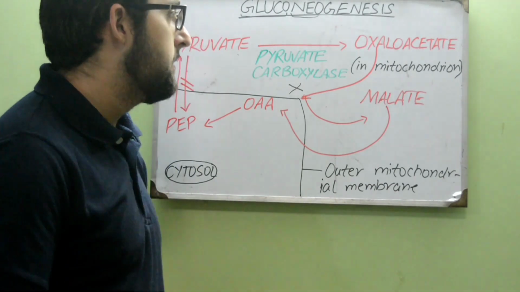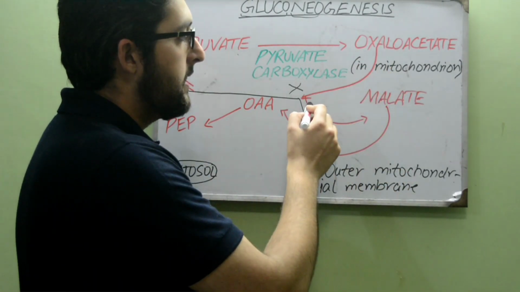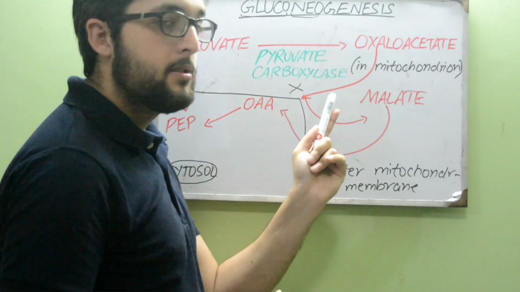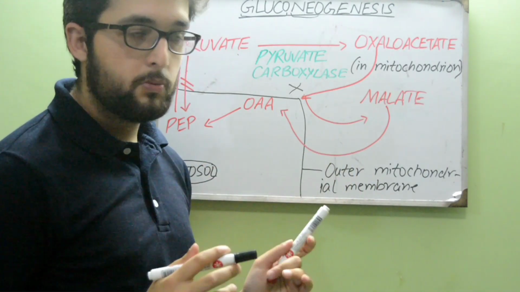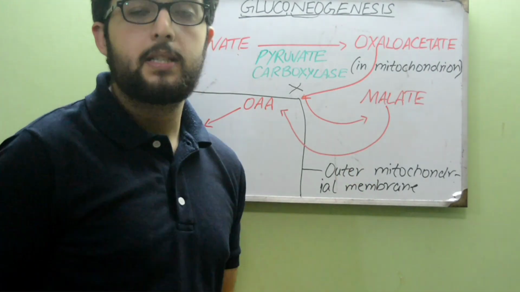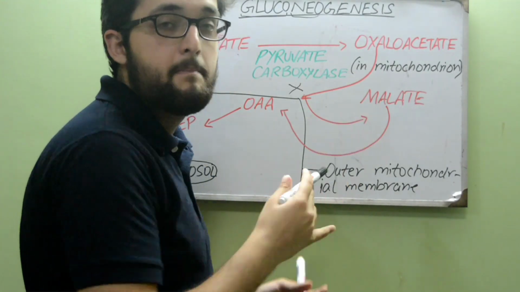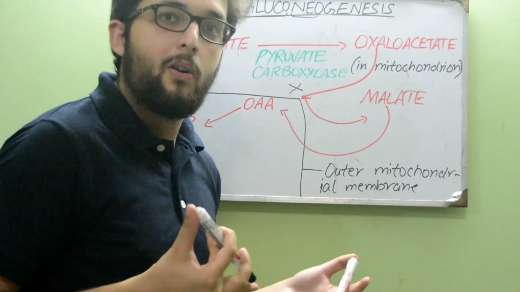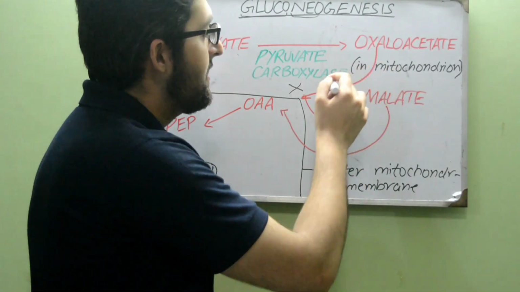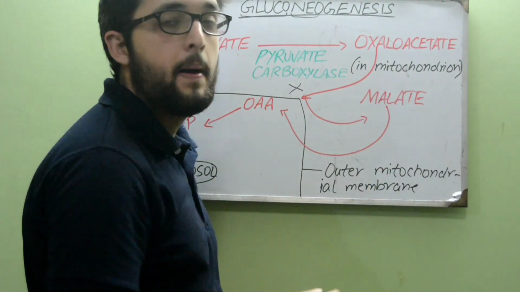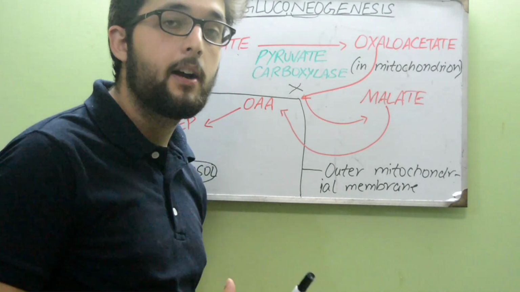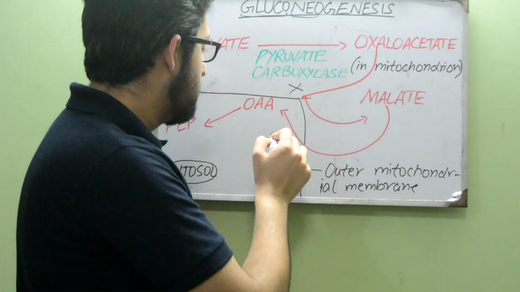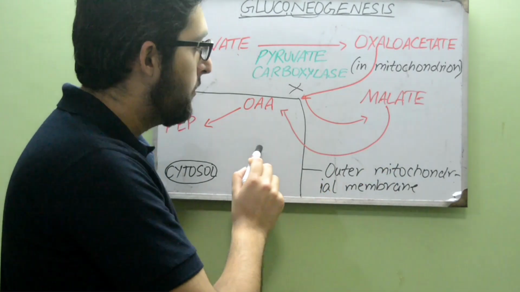So what happens is that alternatively, this oxaloacetate tries another method. Now this oxaloacetate is very clever. It was sent by its commander to go back and yield glucose, right? So what it does is that it disguised itself as malate, as another compound, malate, so that it can now enter the cytosol to cause destruction and conquer the land, right? So it forms malate by an enzyme called mitochondrial malate dehydrogenase, right? Mitochondrial. This malate then enters through this outer mitochondrial membrane into the cytosol of the cell,